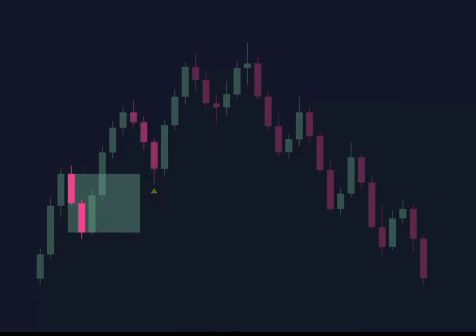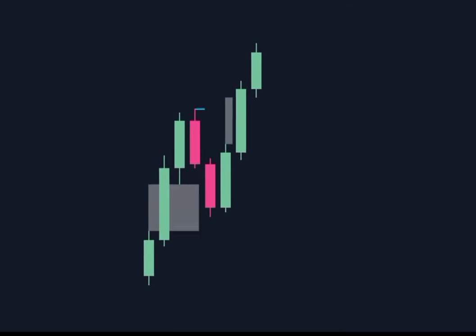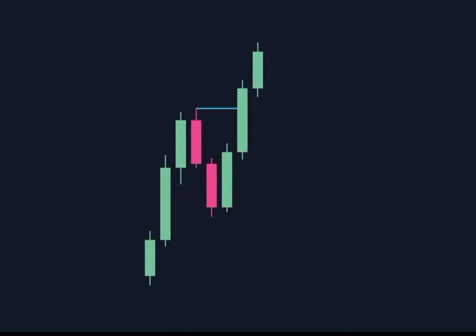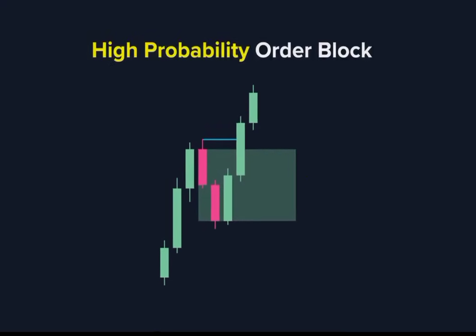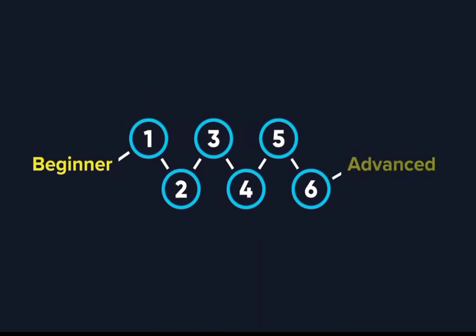A solid order block trading strategy is often the missing piece for most traders that use smart money concepts. And this is because they don't understand the important criteria that actually creates a high probability order block. But in this video, we've explained and simplified everything that you need to know, so you never have to struggle with order blocks again. And to do this, we've broken down the perfect order block trading strategy into 6 simple